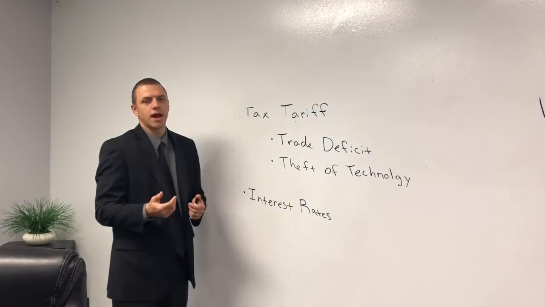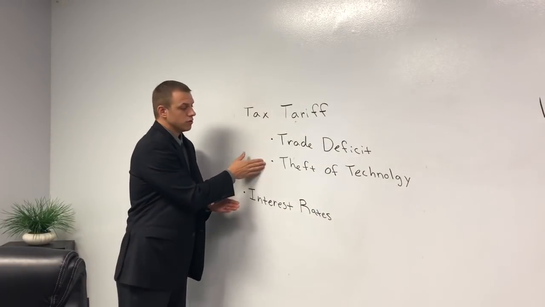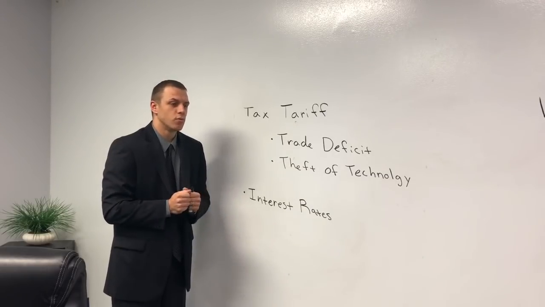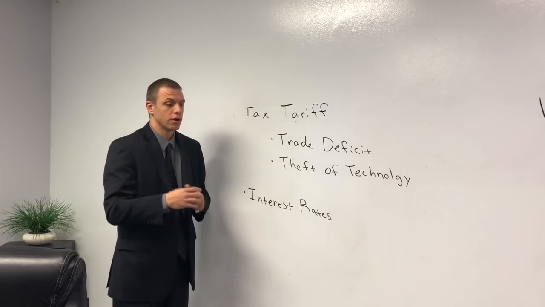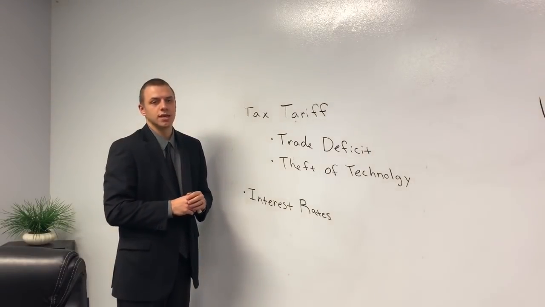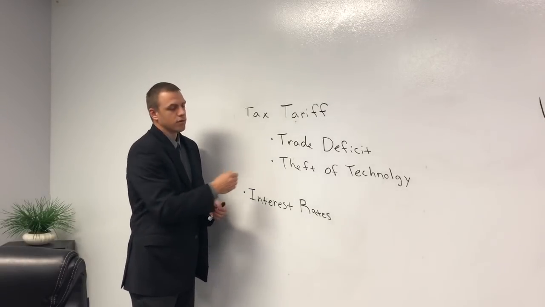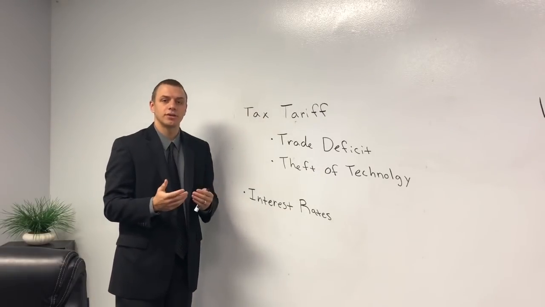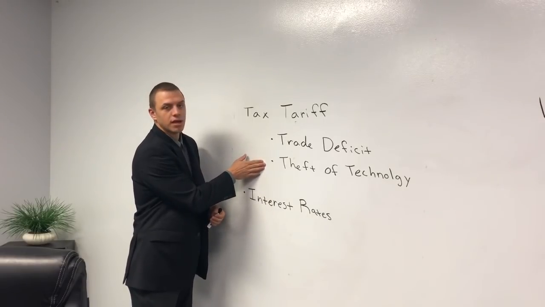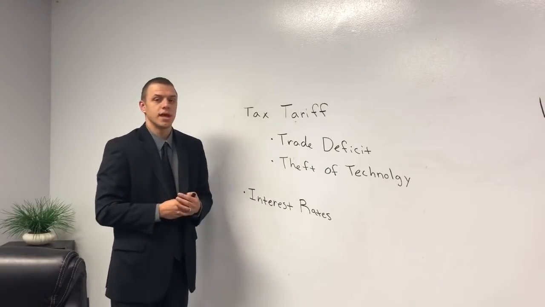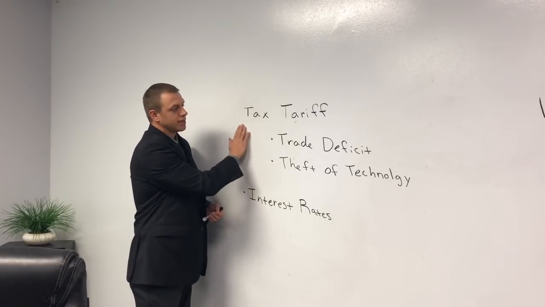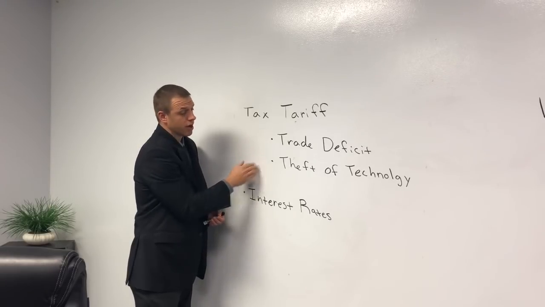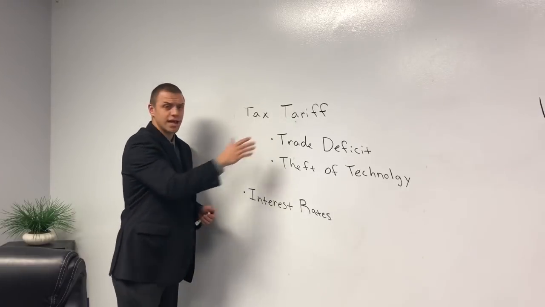Number two is the theft of technology, right? China has been accused and is known of stealing proprietary technology. So China's a closed economy, which means that we cannot sell directly to their corporations or their people. We have to go through a Chinese entity. So by doing that, we are signing an agreement that they get to see all of our proprietary rights, our technology, all of the parts that we're using to manufacture these different things. And what's happening is they're replicating those cheaper than we can and using them against us. So they're using that to our advantage. So the tax tariffs were put in place to reduce the trade deficit and stop the theft of the proprietary technology that's occurring.